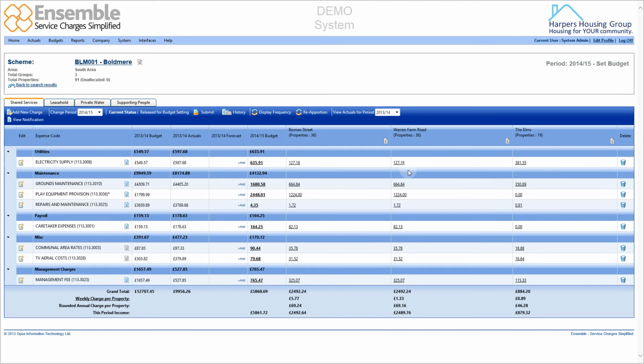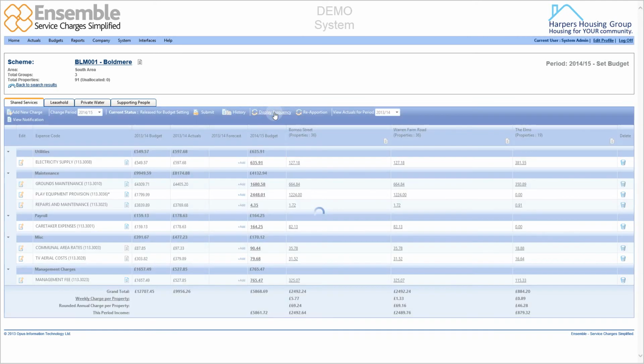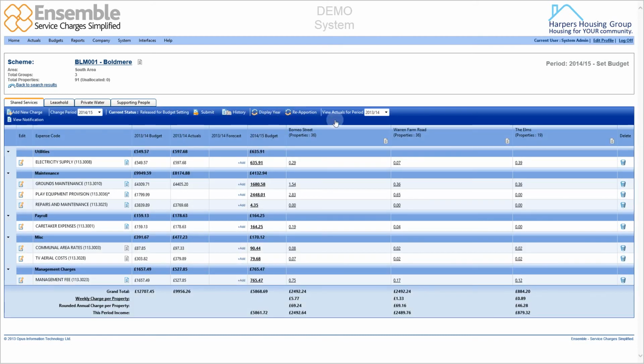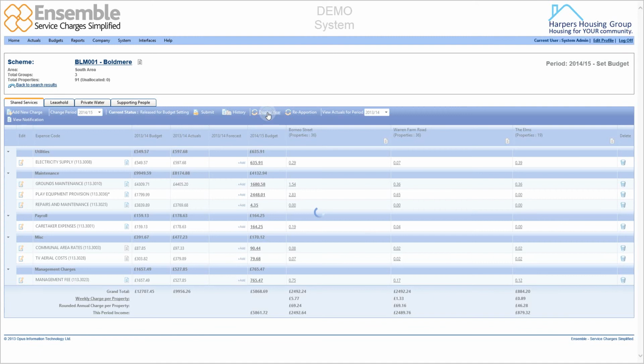You can also have different payment frequencies even within the group, but at some point on the screens there has to be a default view. So this default view that we're seeing at the moment is the annual amount. You can click to display the payment frequency, which would be the default for Borneo Street is monthly, so we're now seeing the monthly charge for all of the costs. The default for Warren Farm is weekly, so we've got the weekly charges, and as well the Elms is weekly, so we can see that. So if we go back to the annual cost,